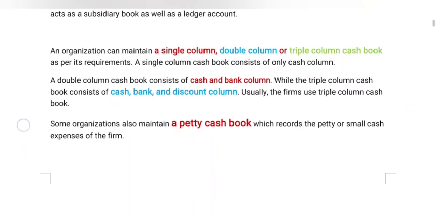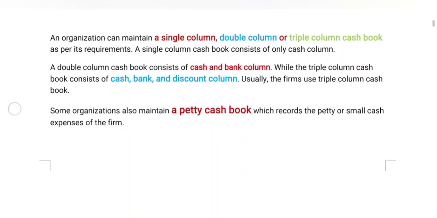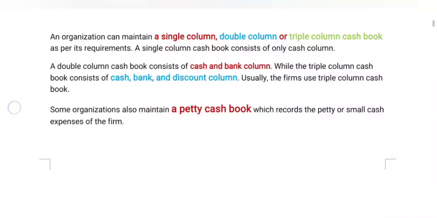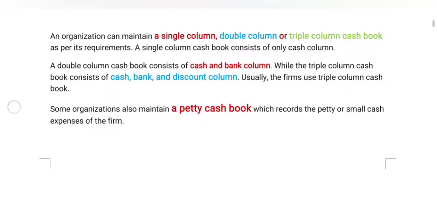Now we are coming to another point. An organization maintains a single column, double column or triple column cash book as per its requirements, based on the company's transactions. For example, a company that deals with cash transactions only prepares a cash book.